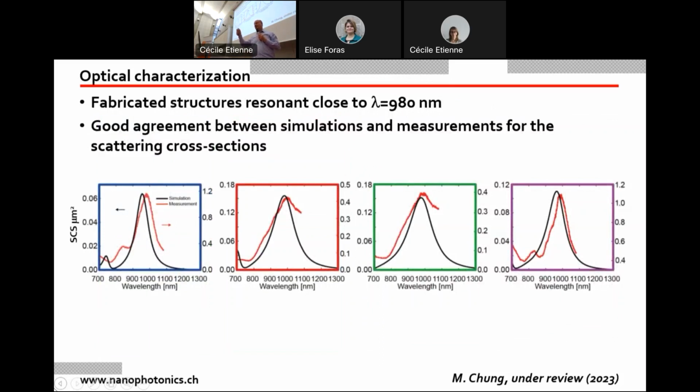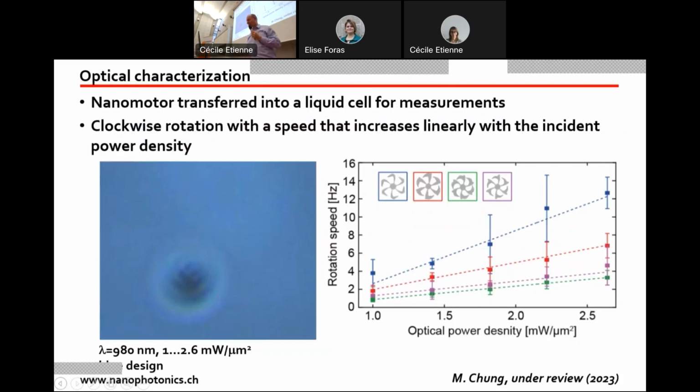Then we measured them again in the dark field microscope, and the fabrication is very accurate. So you get the same resonance at 980 as you wanted. And then, of course, we tried to see whether they would rotate, and indeed they do rotate. They will rotate faster if you increase the power. So this is what you see in the movie. We increase progressively the power, and they go faster and faster. Of course, the rotation speed is not earth-shattering. It's a few hertz, but it's still a world record for this type of motor,